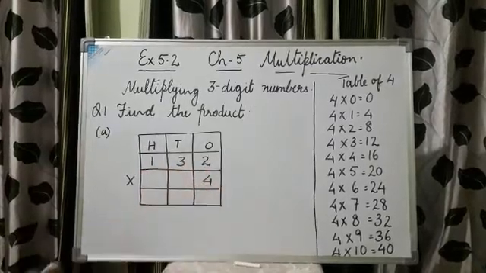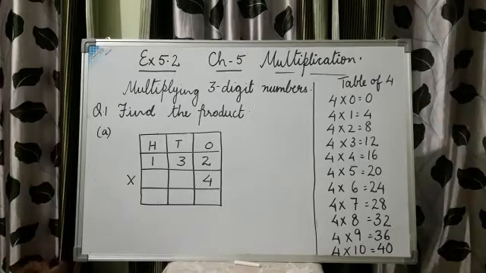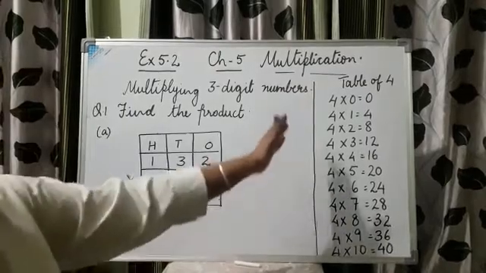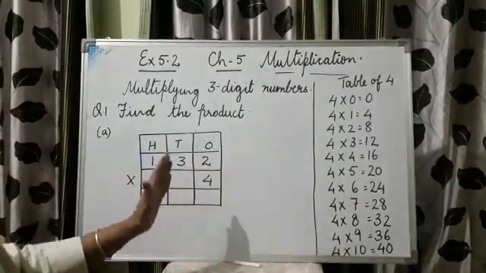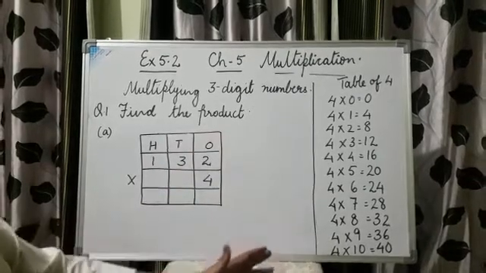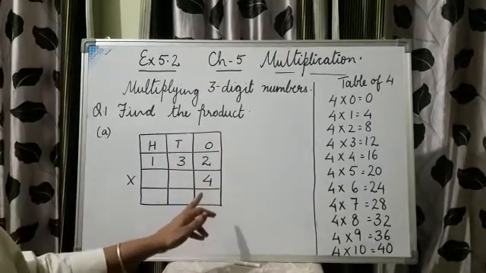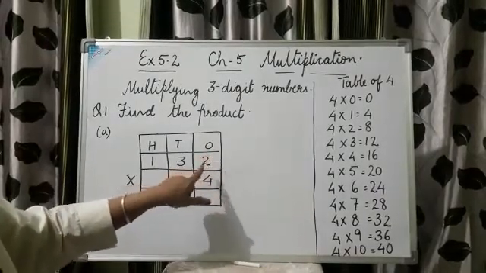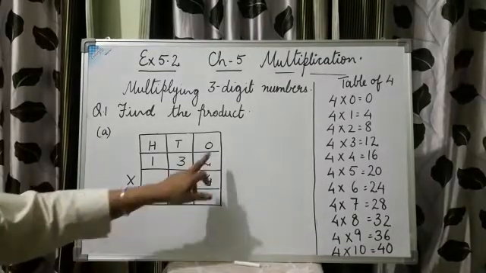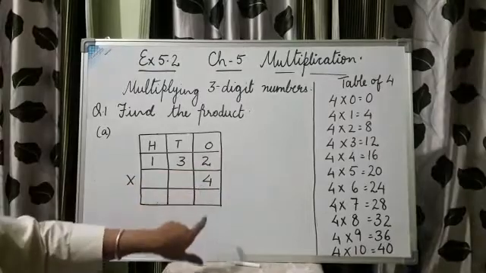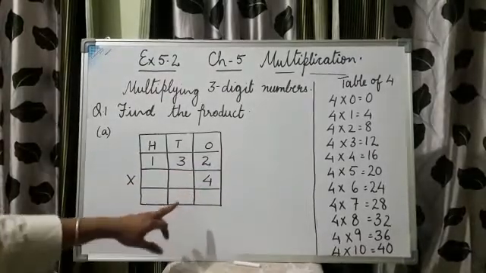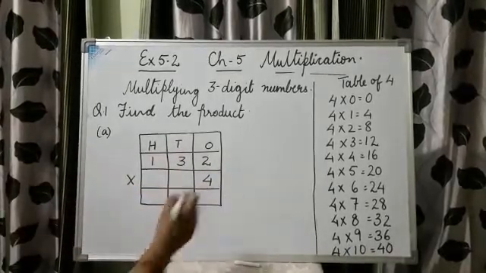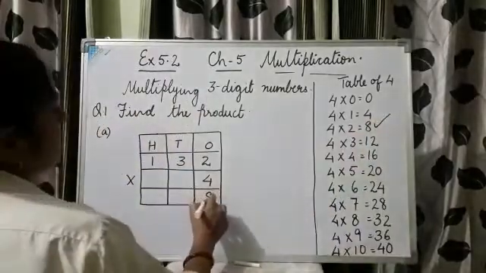So, 132 when multiplied with 4, what will be the product? For this, I have written the 4 table here. You also need to write the table when you are going to solve your sum, somewhere so that it is easy for you to solve it. Now 4 has to be multiplied with 2. As we do in addition or subtraction, we start from the ones place. In multiplication also, we need to start from the ones place. 4 when multiplied with 2, what will be the answer? 4 2s are 8.